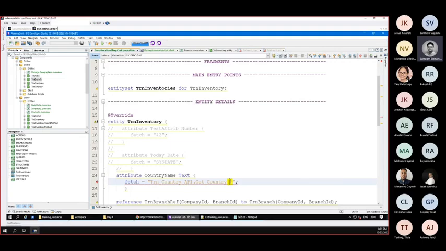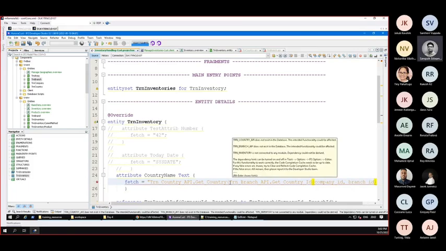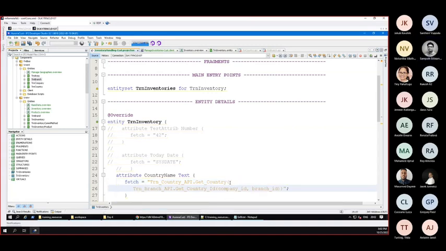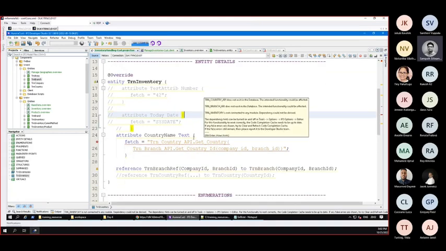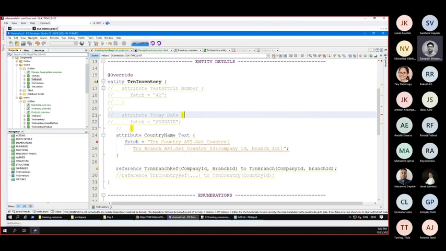So what we can do is we can say TRN branch API. So this is us trying to get the country ID. Get country ID, and then what's that? Company ID and the branch ID. And we can do a little formatting. And this will actually give us the country name. So if I save it and deploy it,